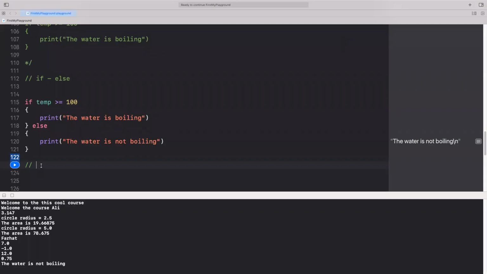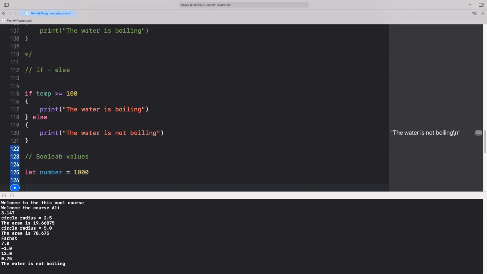We're going to say this is Boolean values. And in here, we're going to say let number, some number, equal to 100 or 1,000 as in the example that we did before. And then we can say let is a small number